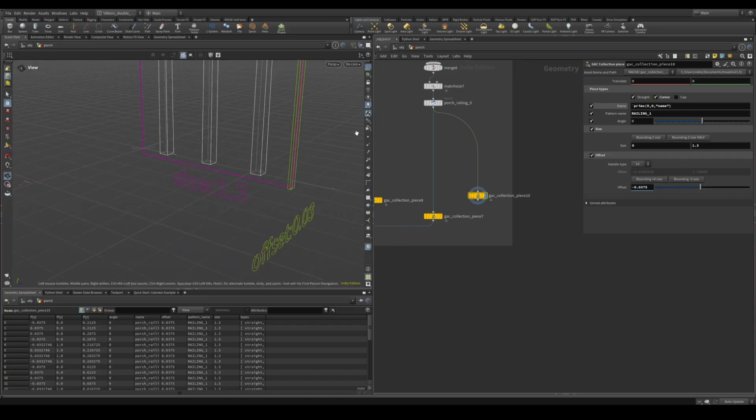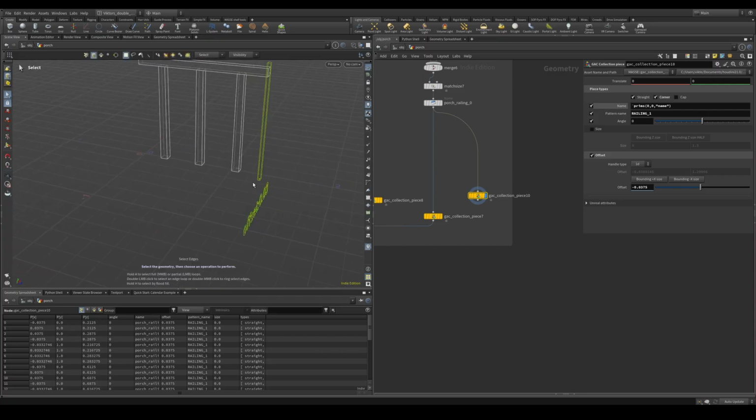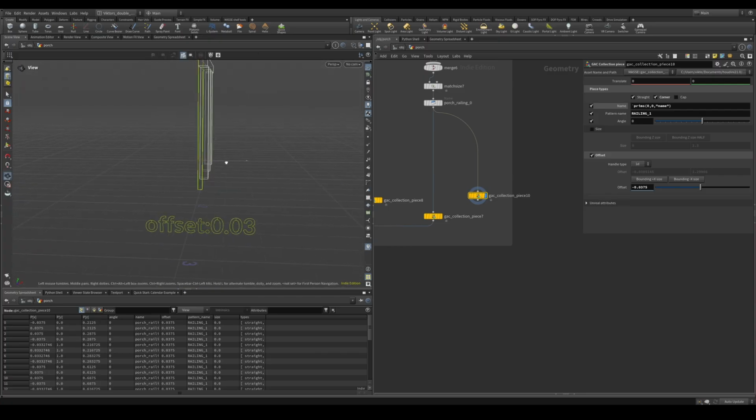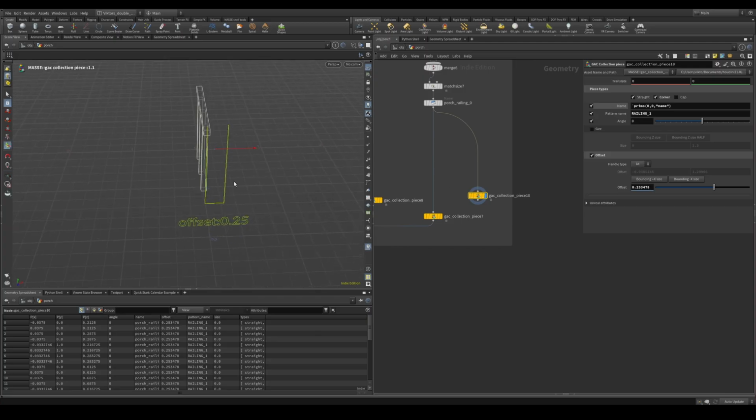Let's take a look at this. So the offset again has been improved, at least I think so. One thing you can now have is a 1D handle, which changes the offset in one dimension, or a 2D handle, which is more of the original way of setting up the offset. The offset is important for corner pieces,